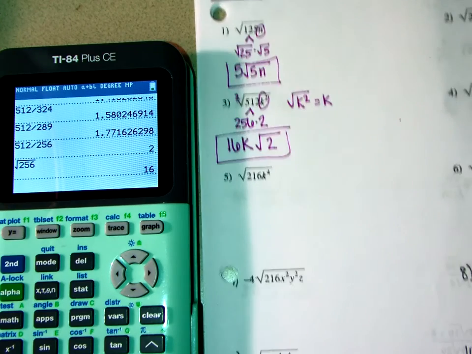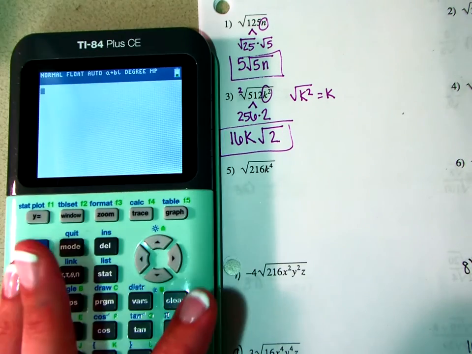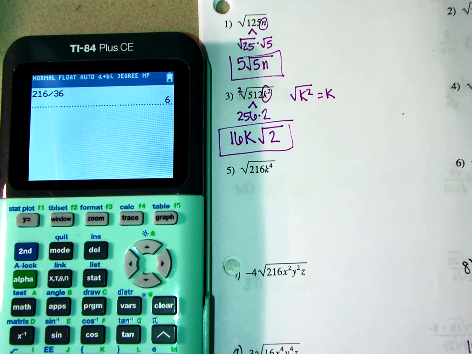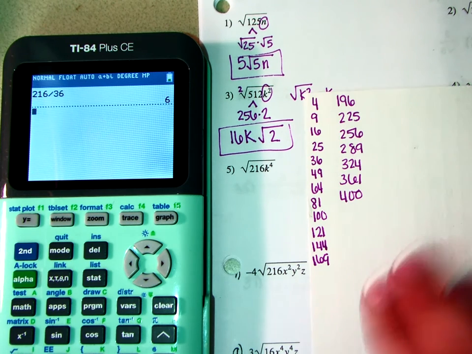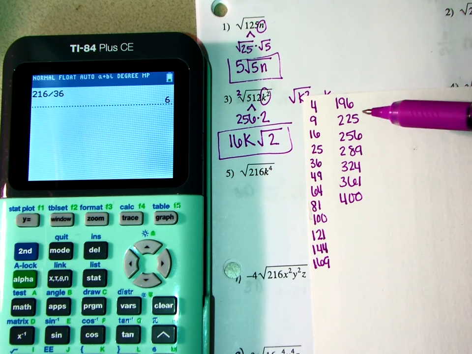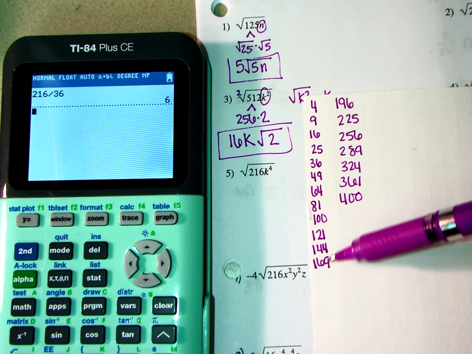Next one is 216. To simplify 216, I'm going to go ahead and try 36. Again, the goal of this is just repetition. It takes time to learn the factors, and I have the answer key next to me, so don't think that I'm doing these off the top of my head. You can always use this little cheat sheet. So if I was going to use this chart, for 216, I would start using 196. Because I can't go over 216, so I can't use 225,